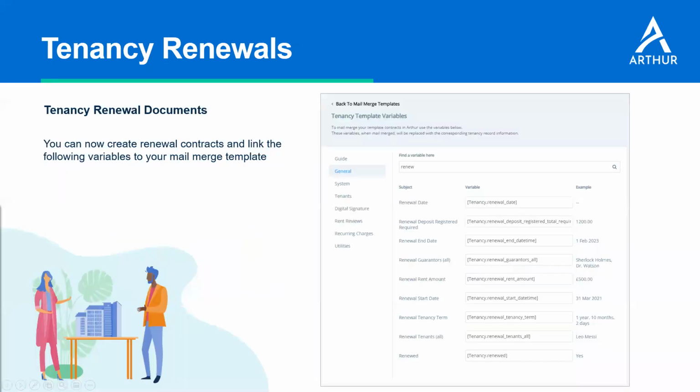And the last one, which is probably what's been demanded quite a lot over the last quarter or year or so, actually, is tenancy renewal documents. So you can now create renewal documents for your contracts and your ASTs. As you can see here, we've added a brand new load of variables in. You can see the renewal end date, start date, renewal tenants that are moving in, a new renewal rent